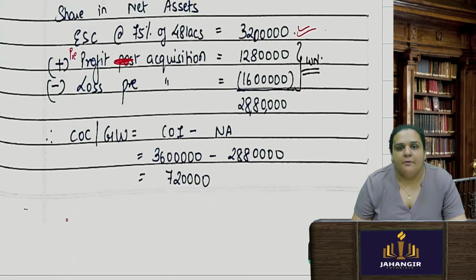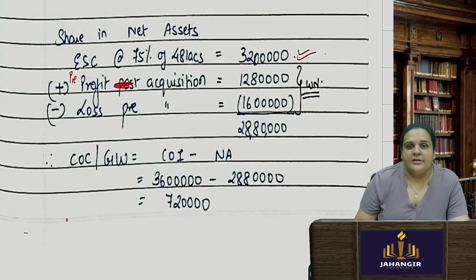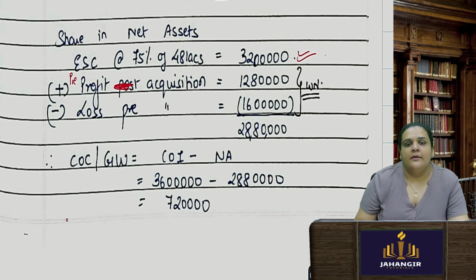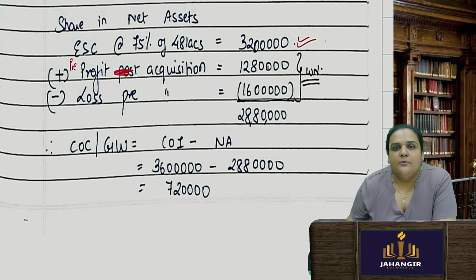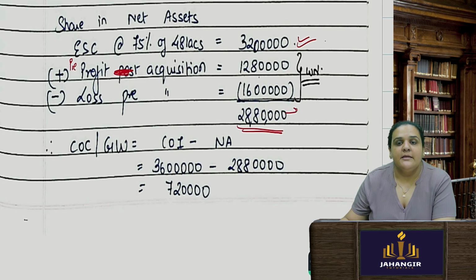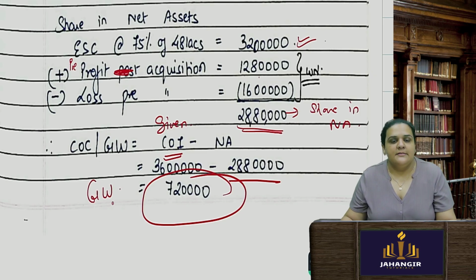So I am going to get profit of 12,80,000 and loss of 16 lakhs, and my equity share capital is 32 lakhs. Okay, so my cost of investments, so now this is going to be 32 lakhs plus 12,80,000 minus 16 lakhs, 28,80,000. This is my share in the shareholders' items in the net assets. Cost of investment is given to me, it is 36 lakhs minus 28,80,000. Therefore goodwill is going to be 7,20,000. Okay,